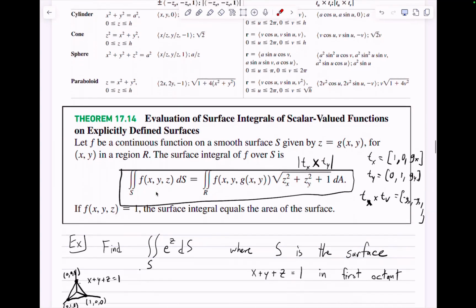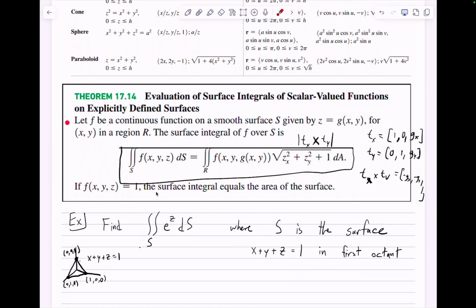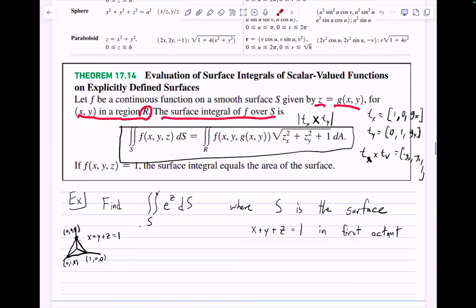So there's this theorem that if you evaluate a surface integral of a scalar valued function on an explicitly defined surface, meaning z equals g(x, y) for some (x, y) in some region R, then instead of having to parameterize the surface S and plugging that in, you can just plug this surface in for the z component into your function, and then multiply by the fudge factor, which in this case is the magnitude of T_x cross T_y. And the reason is because if you do a parameterization where x is x, y is y,